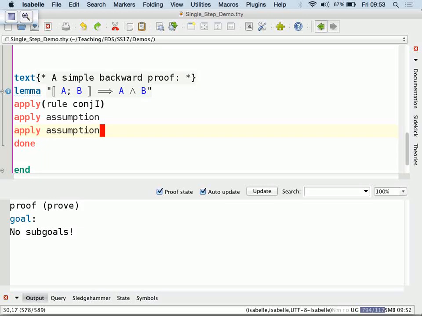I'm just introducing the single-step proofs as a means in extreme situations where you have to take the thing apart. The rules that you've seen on the slides, the conjunction introduction, the implication introduction, are simple ones that are easy to use, but then there are also elimination rules,